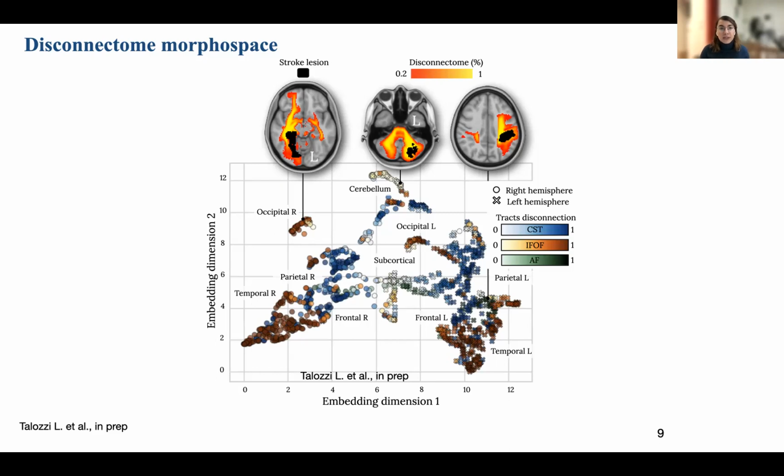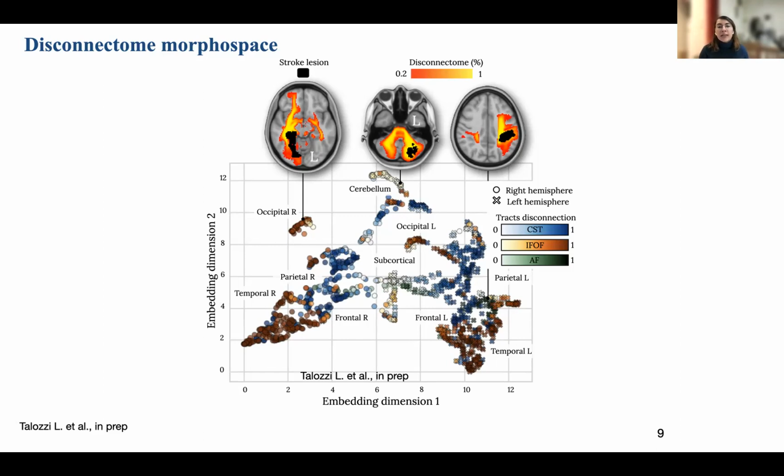Here again are the patients that I highlighted, and I also colored the different patients according to the probability of the most disconnected tract. As you may know, major white matter tracts are, for example, the corticospinal tract, here shaded in blue, that you can see is disconnected in this middle upper part of this